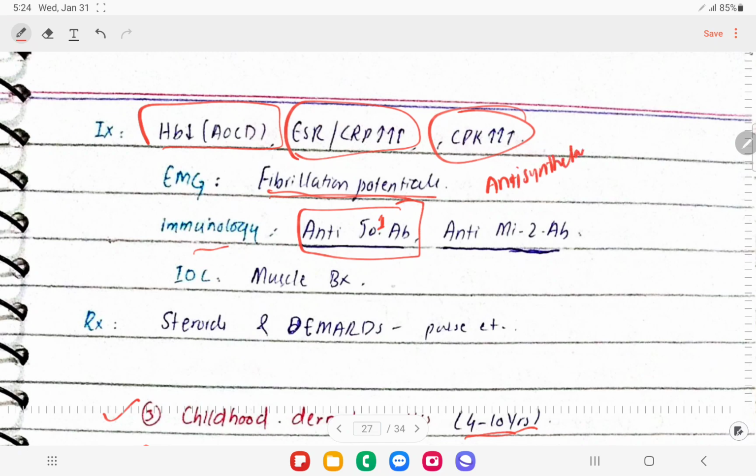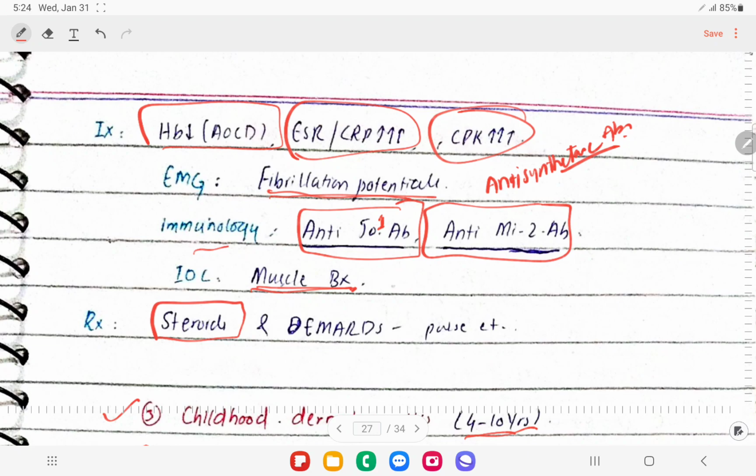The anti-Jo1 antibodies are also known as anti-synthetase antibodies, right? Another antibody that is positive in these patients is the anti-Mi2 antibody. So the investigation of choice is muscle biopsy, and the treatment is steroids. So we're going to start the